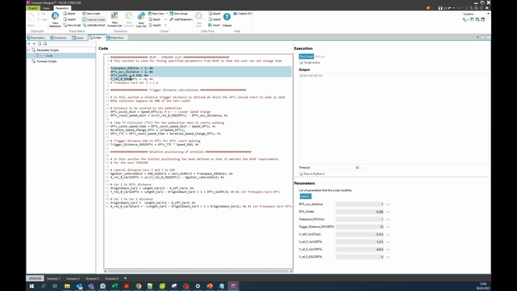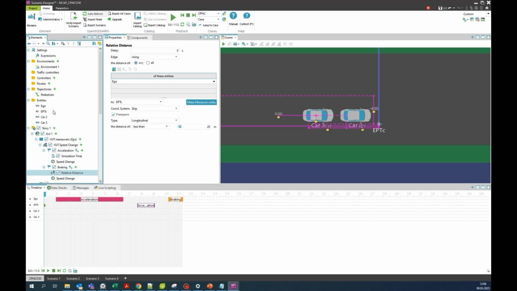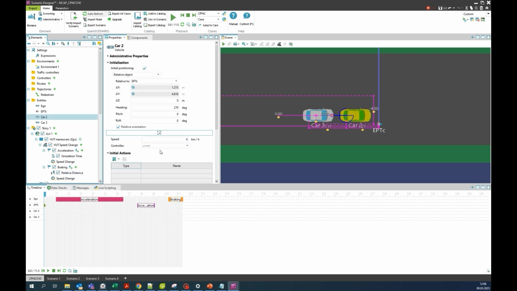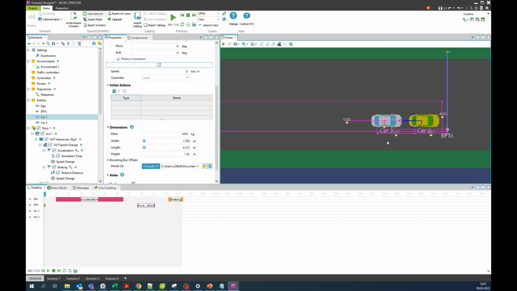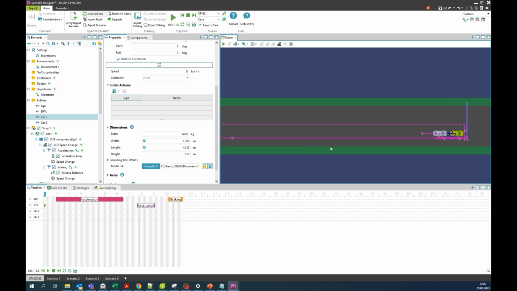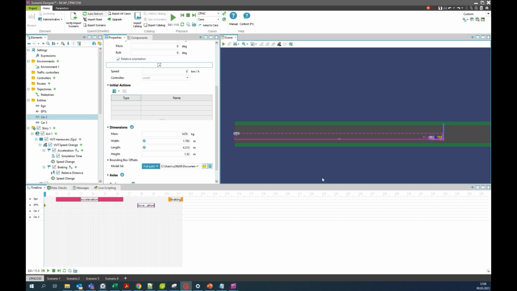Now these NCAP inputs that are defined here cannot be changed in the scenario, since they should remain this way. And for example, we can show how it behaves to certain variations, like for the car 2, for example. Now the width is changed to 2.5 meters, which is pretty much. Everything is going to be updated and calculated internally, and yeah, that's the same but parameterized and with cases. And that should be everything about how to build an